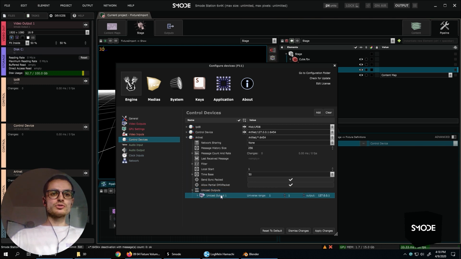And once we have one unicast output, it will not broadcast anymore. So what I do many times is to broadcast to see if it's working, and after I add my unicast output to output the universe into the right fixture.